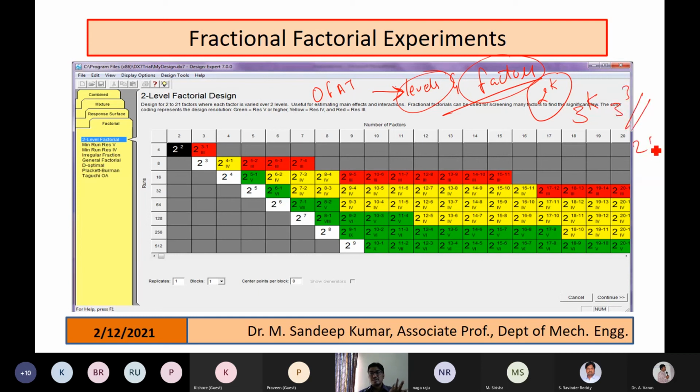With that, we went with 27 runs, and there we got, for surface roughness, feed was the most important factor, and which levels give a better surface finish. That is what we got from the results.